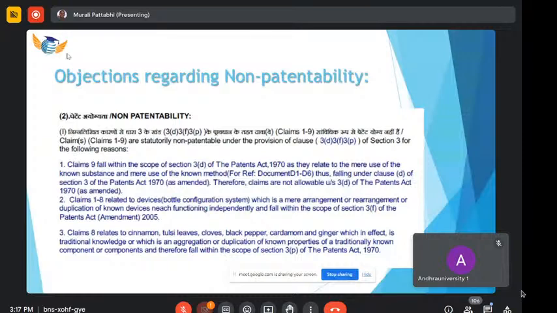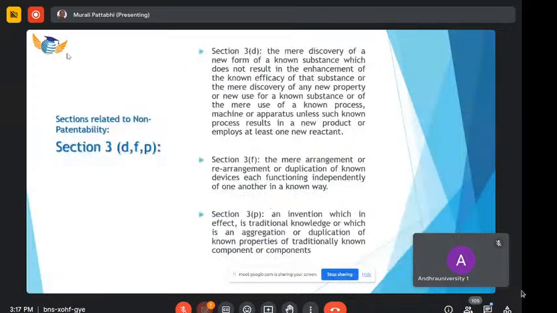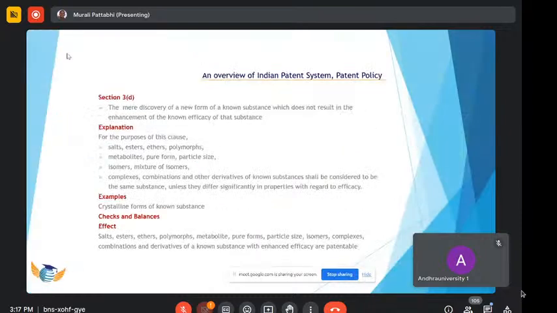All those would come under traditional knowledge, and we know the medicinal values of those things. So based on that, we will not be allowing your application. So these are the three aspects on which they have objected in this non-patentability section. We discussed about this, and if you see